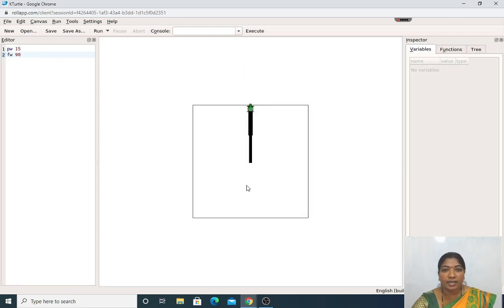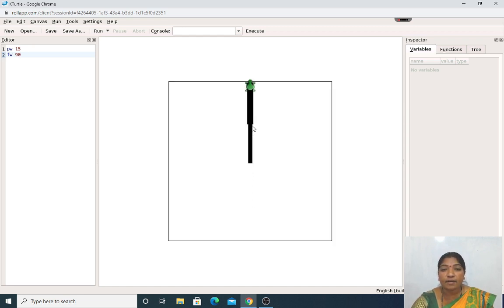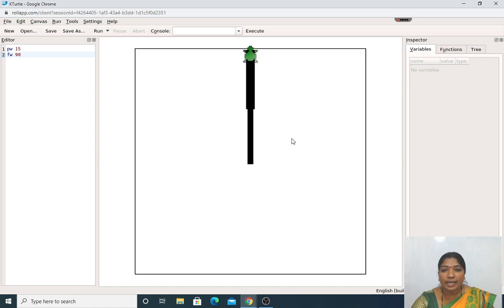See, look here, my dear students. This line or pen width is changed from 10 to 15, isn't it? Okay. You can make use of the scroller to change the canvas from zoom in to zoom out. Okay. This is all about the pen width.